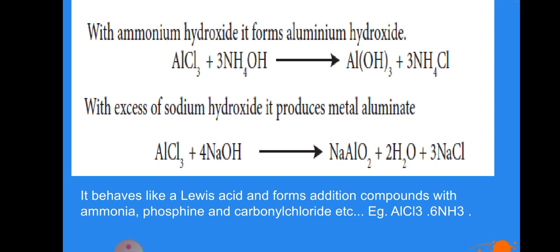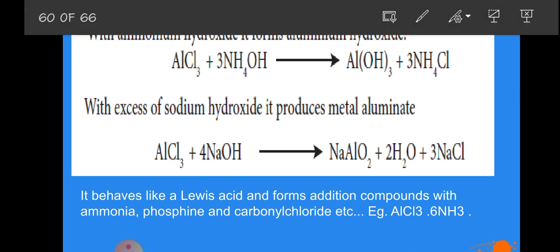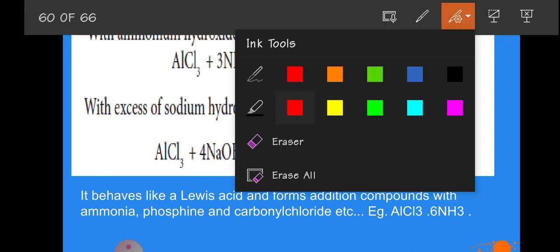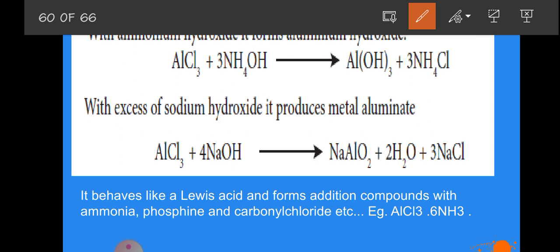So when we are adding aluminum trichloride with ammonium hydroxide, aluminum chloride is a salt, and you can see here, yes, aluminum chloride, and this is ammonium hydroxide. So this is base. So salt with base added, we are getting, yes, aluminum will join with the hydroxyl. So it forms aluminum hydroxide and